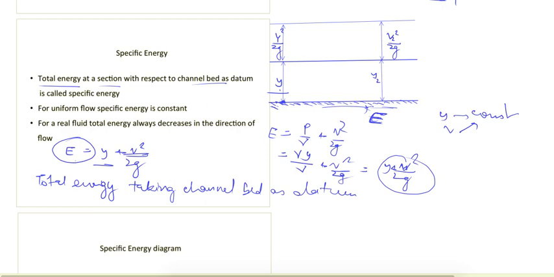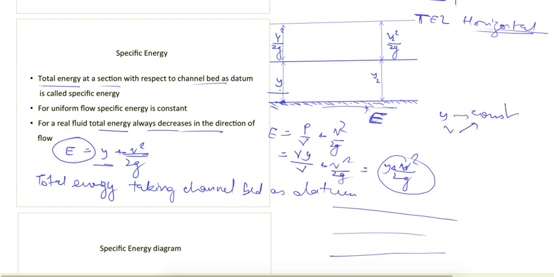But in any real fluid flow, the total energy will always be decreasing, because there will be a head loss in the direction of flow. So the total energy line will be something like this. It will always be coming down. But if we are assuming the channel to be frictionless with no head loss, then we can say that the total energy line can remain horizontal,